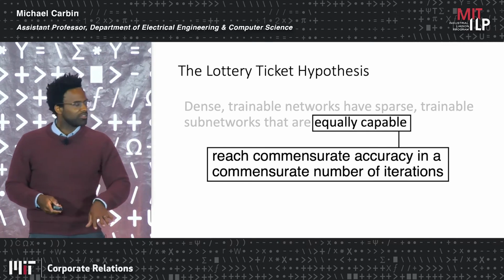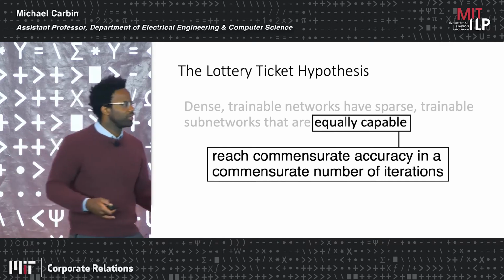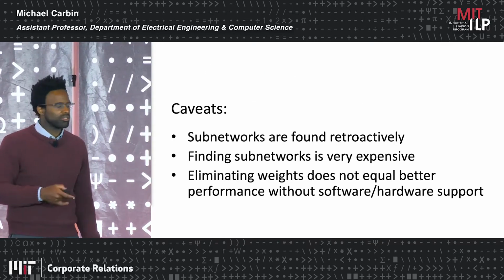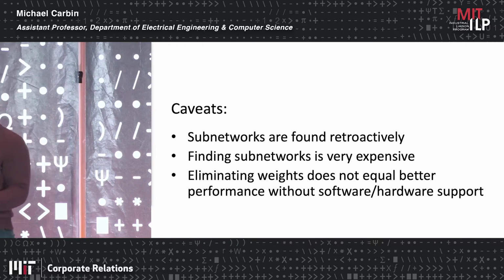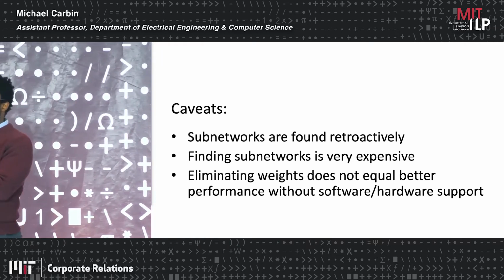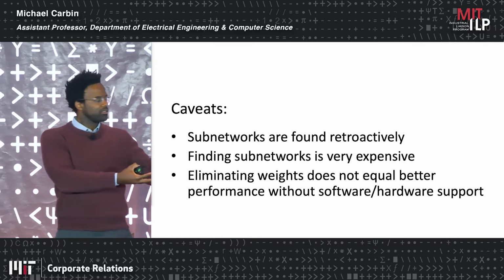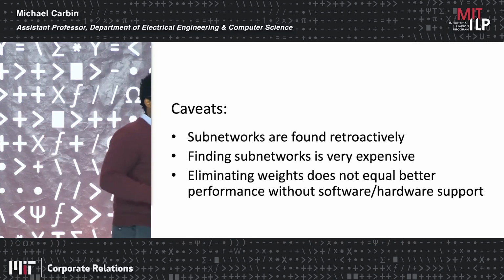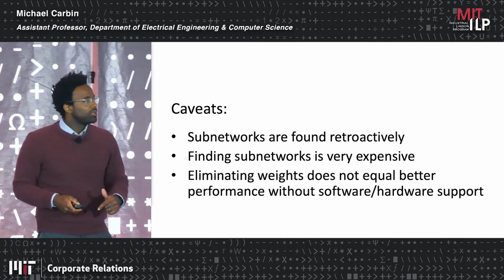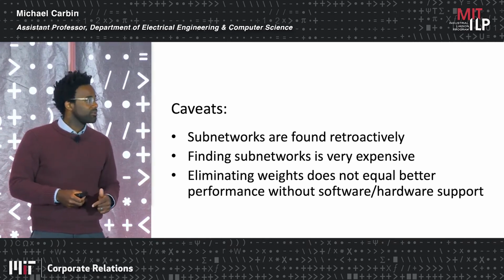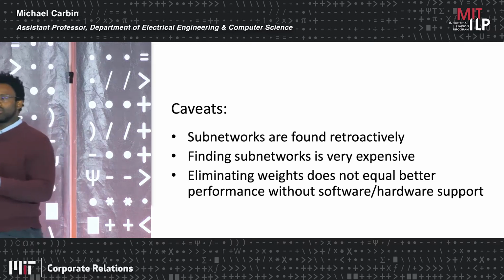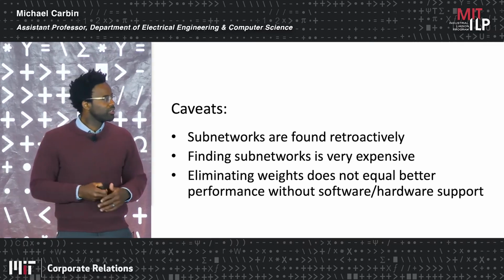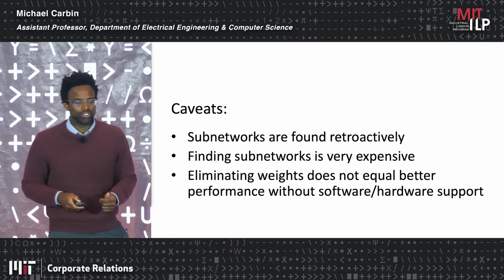Now, there are some caveats when we're thinking about going towards things like efficiency, true wall clock efficiency. We're finding these subnetworks retroactively, as I explained. We trained it, did this pruning process, and backported this mask to the beginning. So we haven't realized this promise quite yet, though there's active work in this area. Also, finding these subnetworks is very expensive. That fine-tuning and iterative retraining process is not cheap, though, again, we and others have work in progress on making that much cheaper.